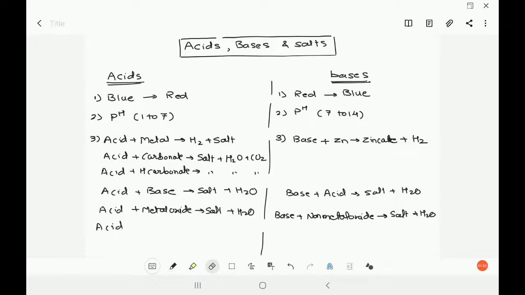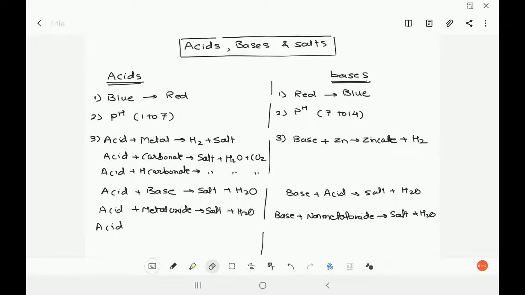Another thing we must know is what acid, base, and salt are, and why we are learning them. One should know that all matter is classified, or we are trying to classify it. Matter is classified into elements, mixtures, and compounds, isn't it? Elements are further classified as metals, non-metals, and metalloids, right? Similarly, compounds need to be classified. Just as we classified elements, compounds need to be classified, and basically all, or rather maximum, compounds can be classified into acids, bases and salts.